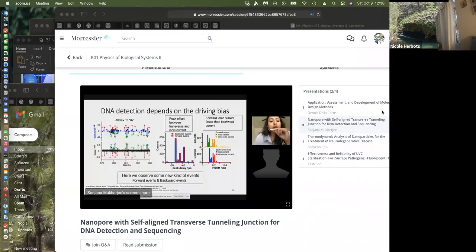thing. We apply a negative 200 millivolt high voltage, then we remove that potential, and we give almost 0 volts. And then we see that there are forward events and there are backward events. The forward events are in red and backward events are in green. We think that the forward events are caused because the DNAs were enriched in the cis, and after the potential was removed, they flowed to the trans chamber. But there might have been some DNA already in the trans chamber, and due to the residual voltage potential that is there,